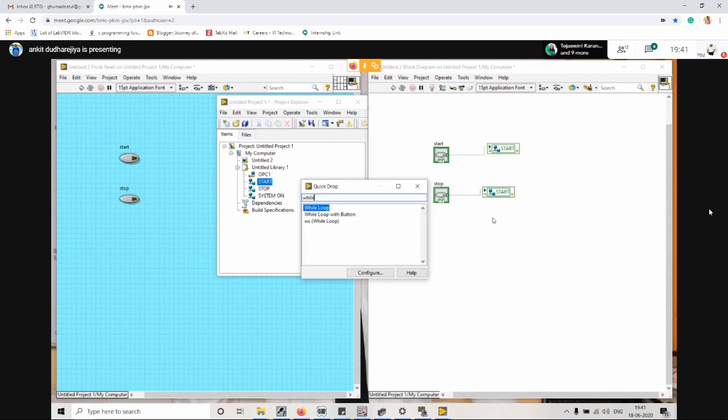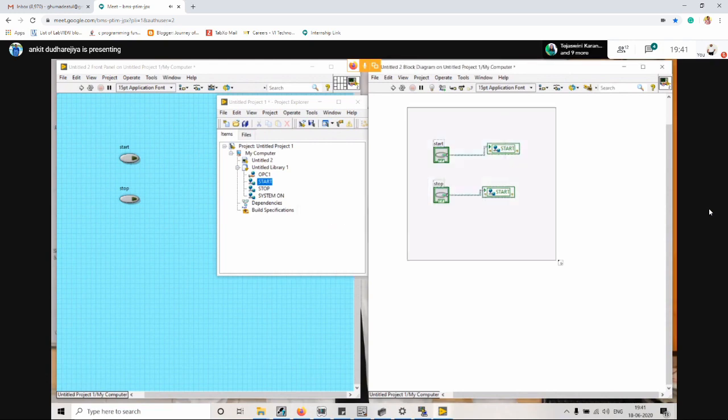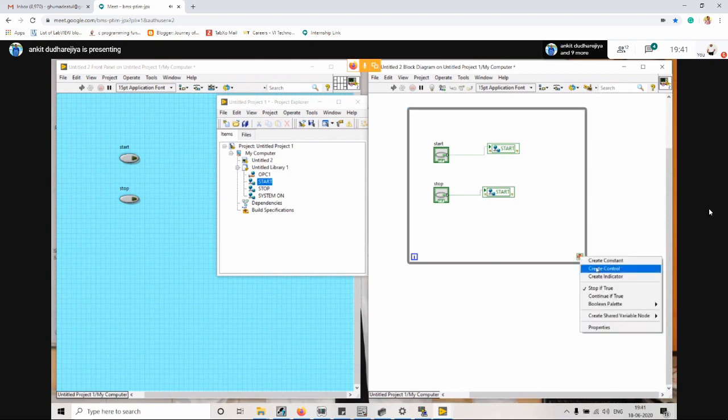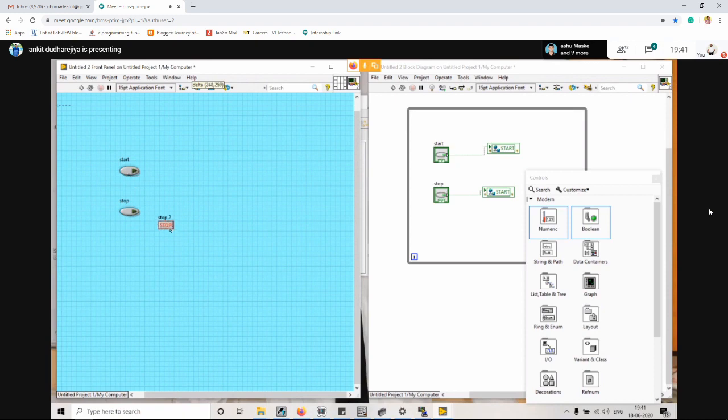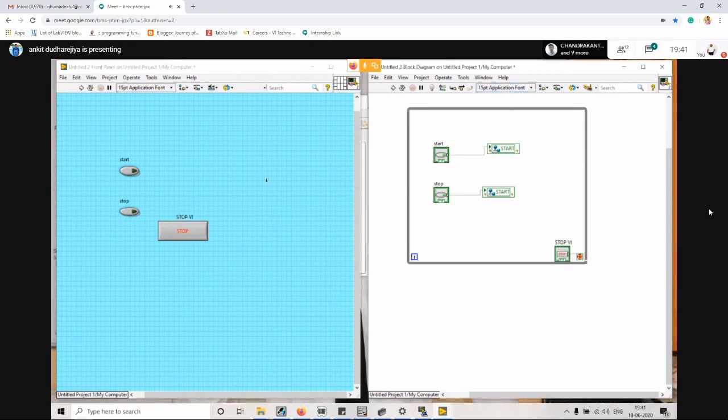And let's put it into a while loop. Let's create a control, giving the name as stop VI. Okay. And what else do we have? We have an output.